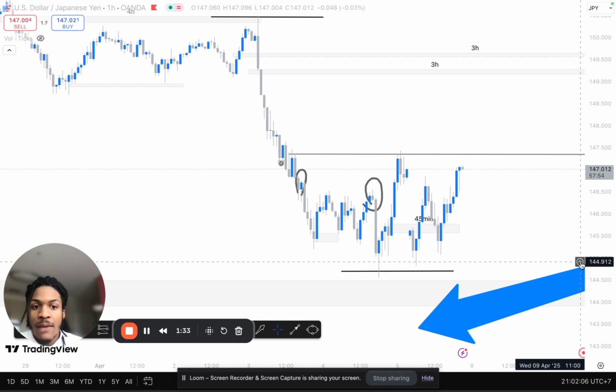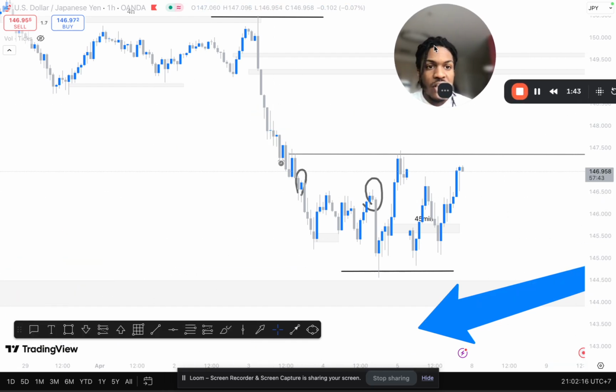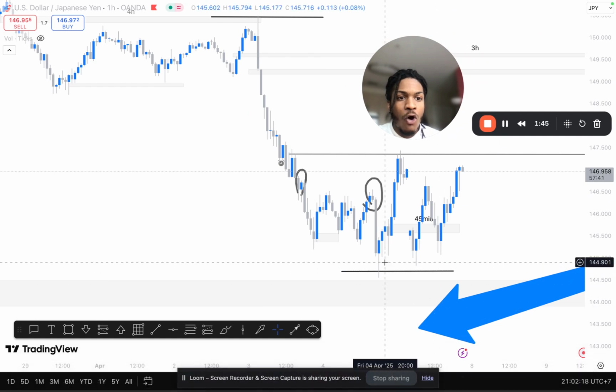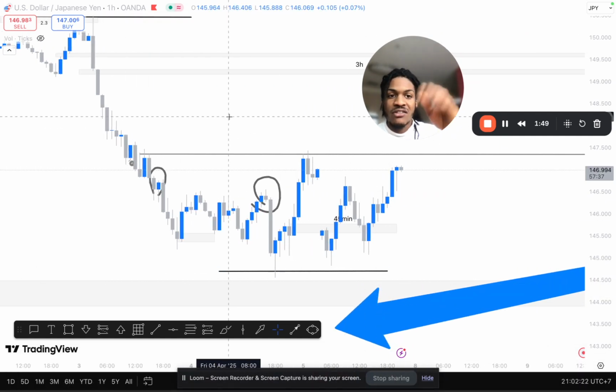So right now I'm in a bear market on UJ, and I'm looking to sell it long term. But instead of waiting for price action to come all the way to the top part of this range so I can sell it,